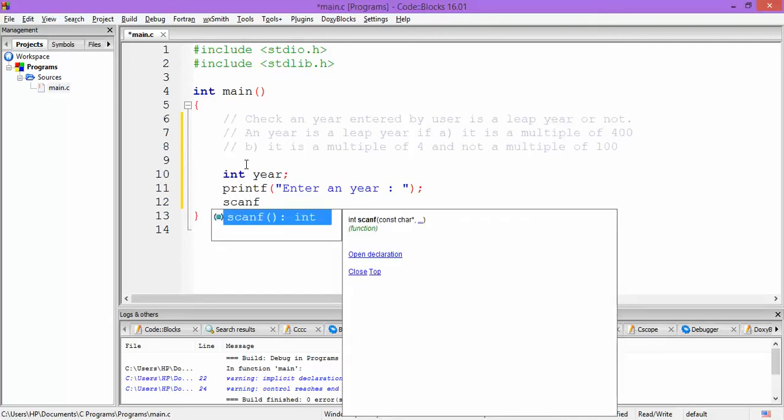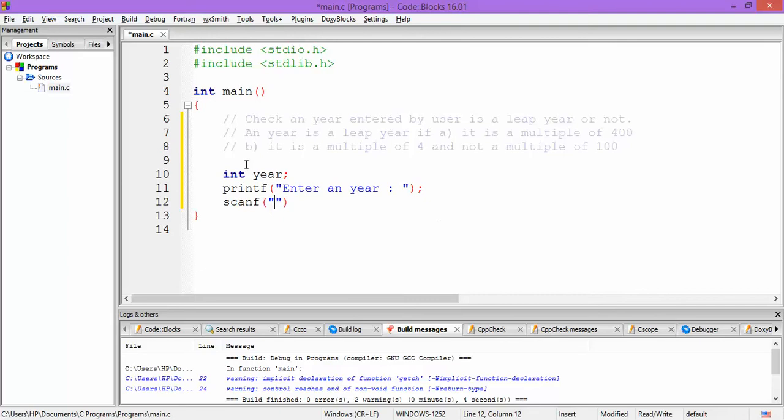We use the scanf function to collect the value. It is an integer, so we would write %d as the first parameter, and then the address of the variable in which we want to get the value. So we have collected the value from the user.